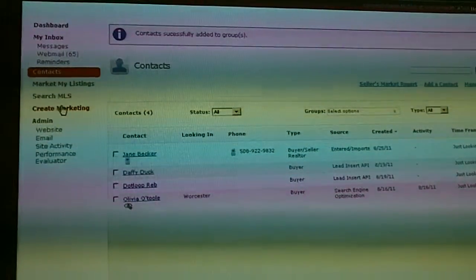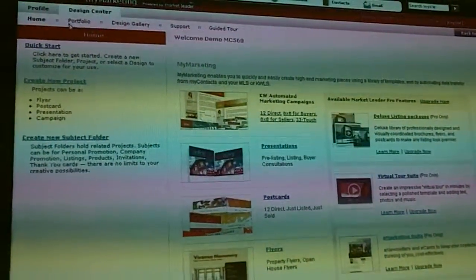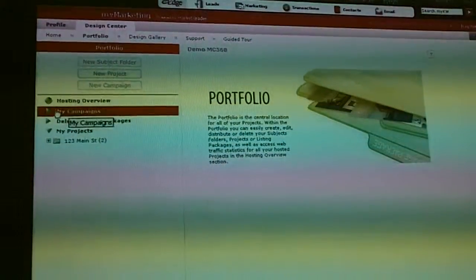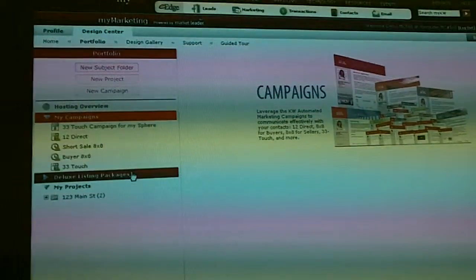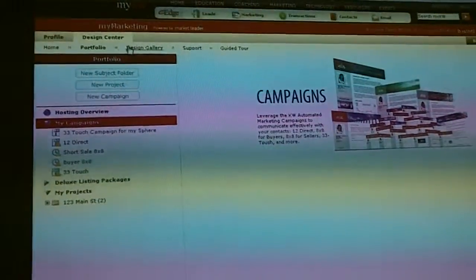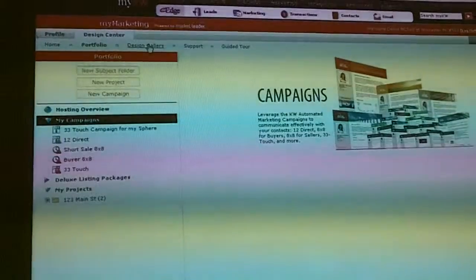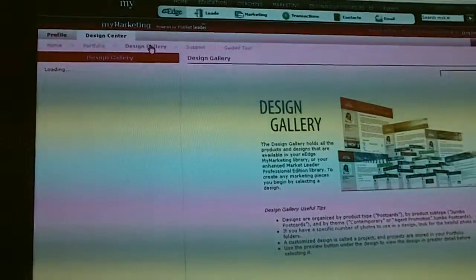I go into my marketing by clicking on Create Marketing. Check off my portfolio because I already selected the campaign and started to create it, so it will exist in my portfolio under My Campaigns. Now it looks like I didn't save it, so now I'm going to go to my Design Gallery because I did not save that campaign I was creating. I need to go to my Design Gallery,